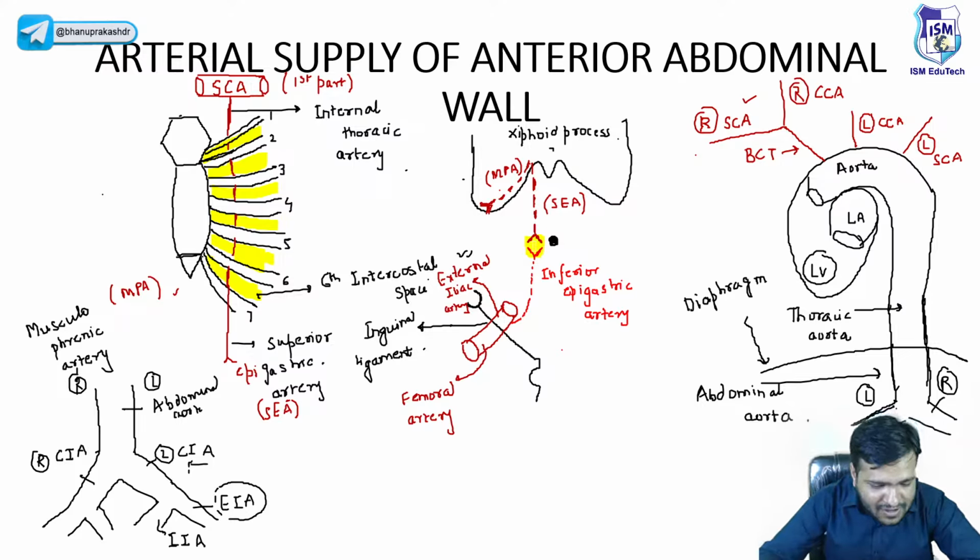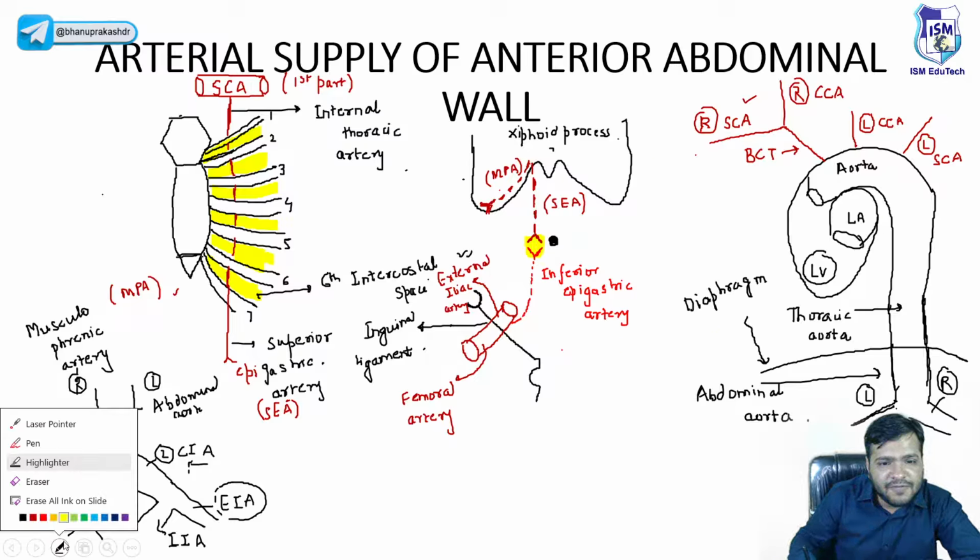And these both are anastomosing at the level of the umbilicus. And I had made you write this point also. In the anterior abdominal wall, basically at the level of the umbilicus, two arteries are anastomosing, and that is the superior epigastric and inferior epigastric. Now beta remember, from the femoral artery,